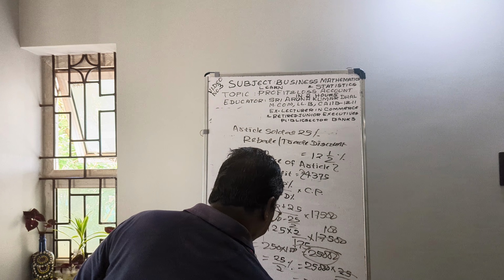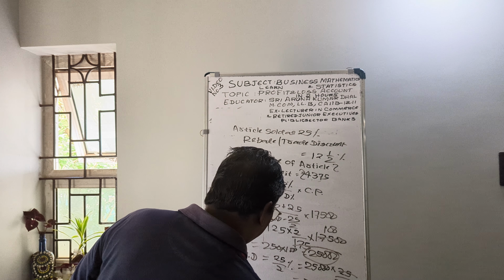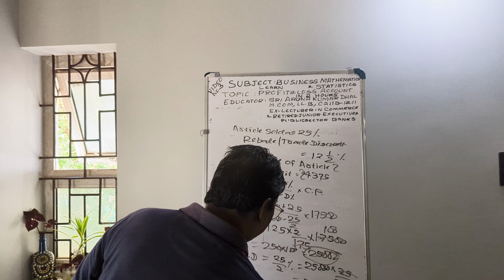So the sales price is 21,875. This is the sales price. Then profit is here 25%. 25% profit means when SP is 125, CP is 100. When SP is given